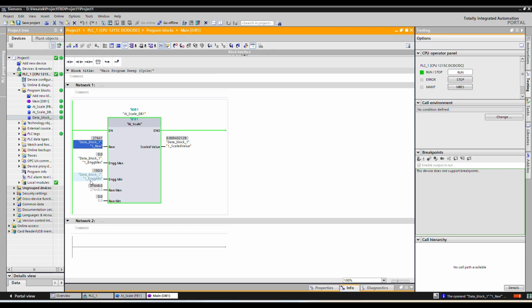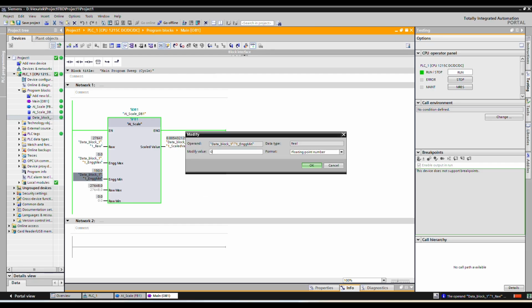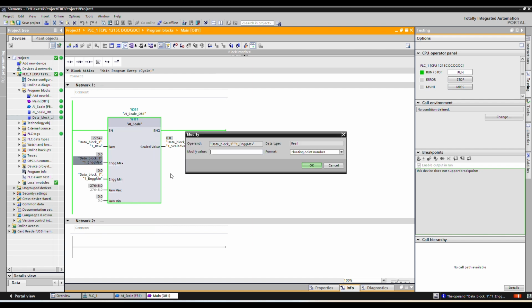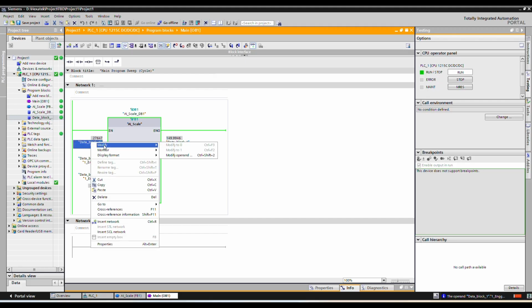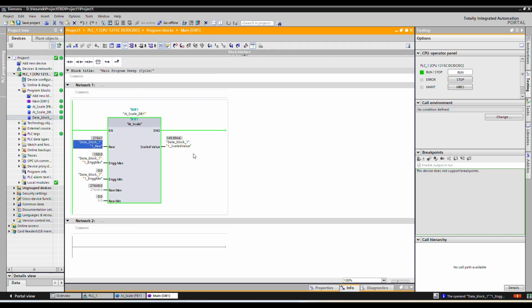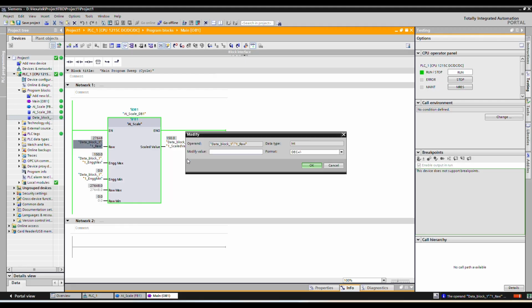See here we have engineering minimum, it is 0, and engineering maximum, it is 150. So 27648 corresponds to 150. If we force half value,